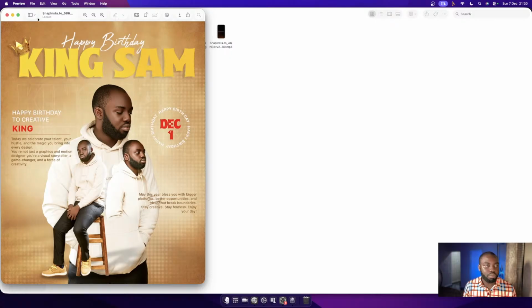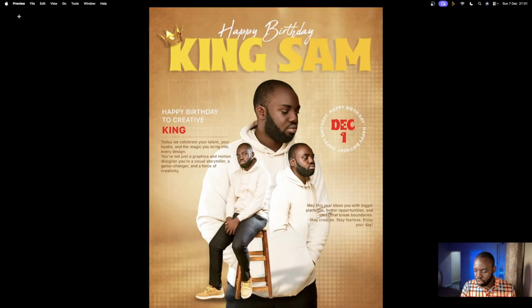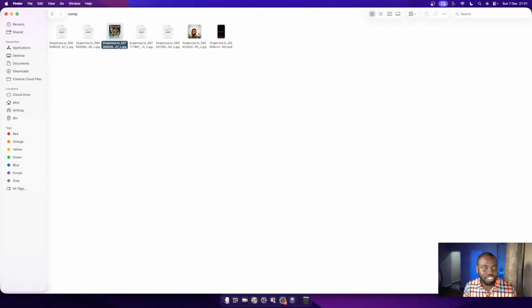Now this is the second picture. This is by Max GFX, and I feel like this picture also, like I said, I don't like smiling. All the facial expressions are the same, but this one looks like I'm about to beat somebody. But this is an amazing one also. I really like it. I actually like the layout of this. The combination of these three pictures is actually nice. Let's go to the next one.